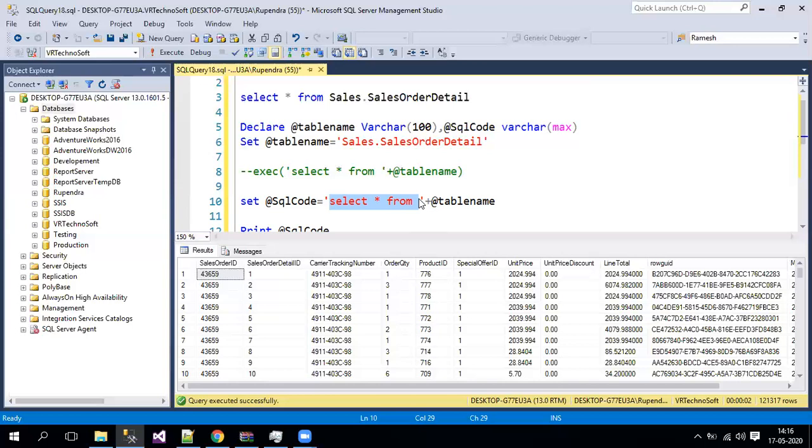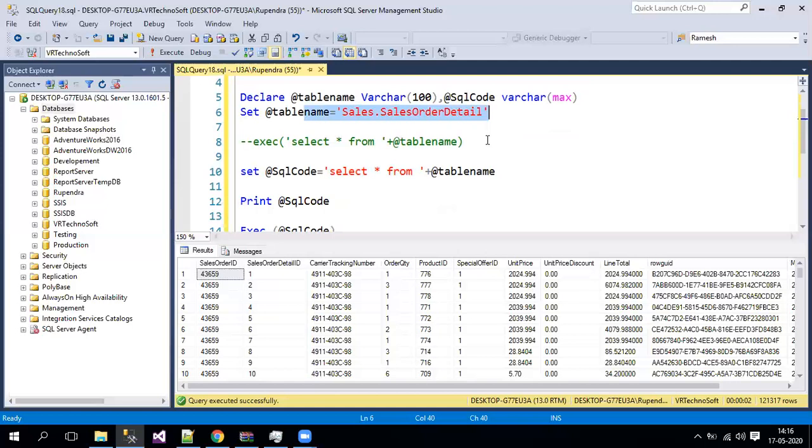So that is not simple. To store complex queries, whatever static query is there, we'll keep it in a dynamic SQL, and whatever dynamic values we need, we'll just pass through a variable like this. So this is just a sample example to show how a dynamic SQL will work.